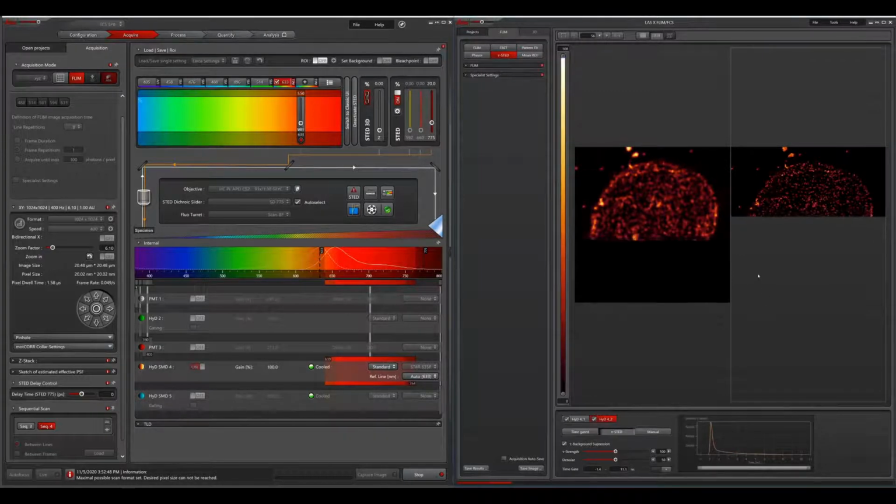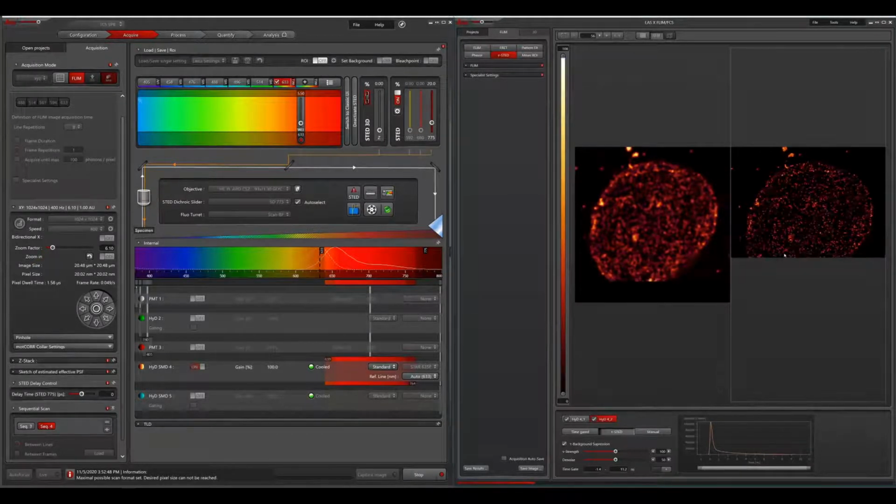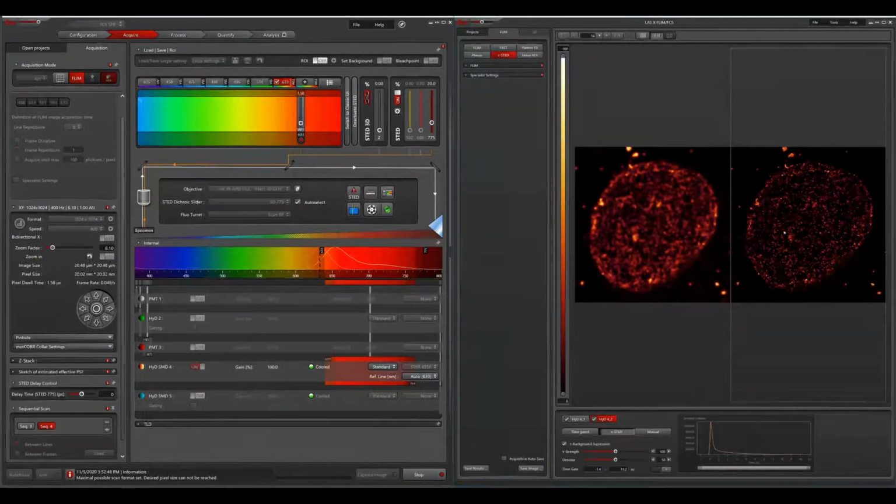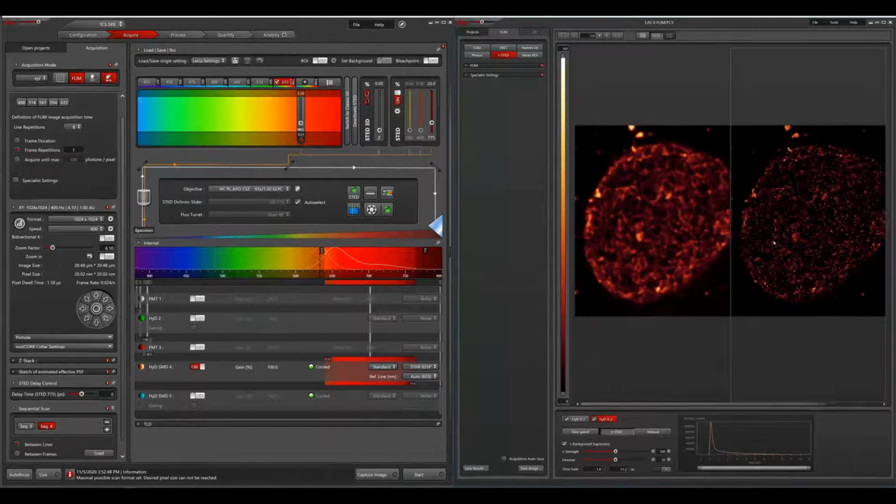So I have 2 channels now in this acquisition due to the 2 sequences that I have created. The left one is a pure confocal acquisition without any additional depletion laser, and the right one is a Tau-STED image where I have added 20% of the 775 depletion laser. And now the acquisition is finished. As I said,